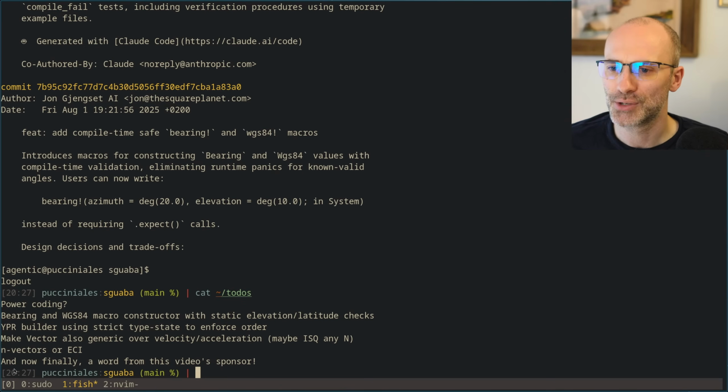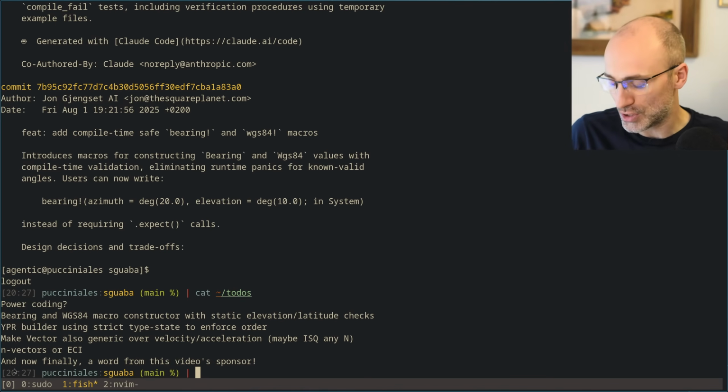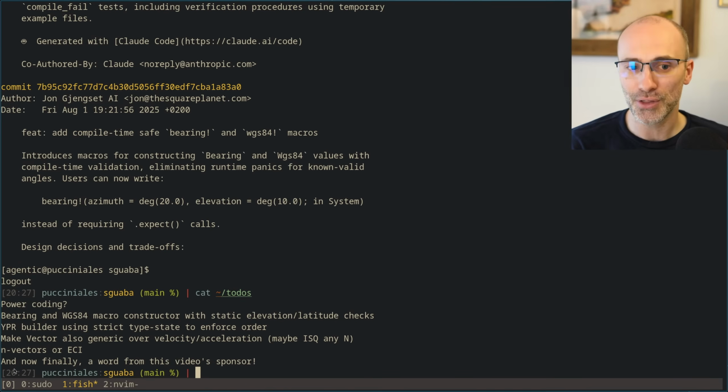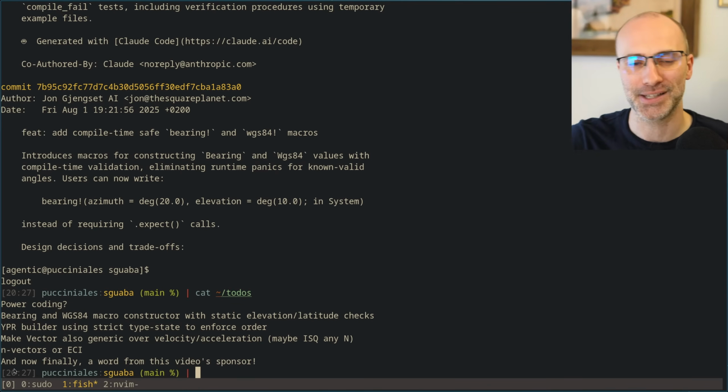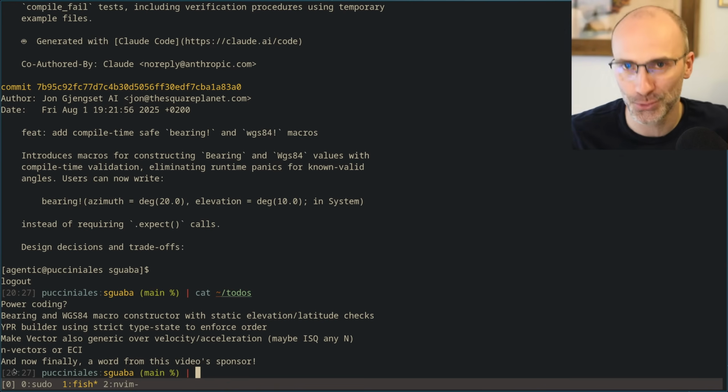Let's also take into consideration how much power it probably required to do these changes. Yeah, I mean, that is also the other very valid aspect of this that we haven't really talked about. Not only the monetary cost from running this, which I guess is one instance of pro plan, but it's also the environmental cost of the hardware needed to run this and the power needed to run that hardware and to cool that hardware.